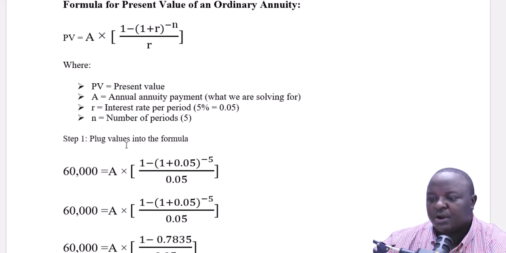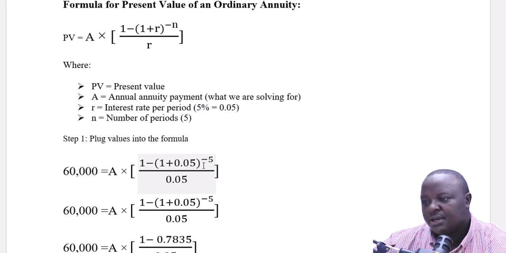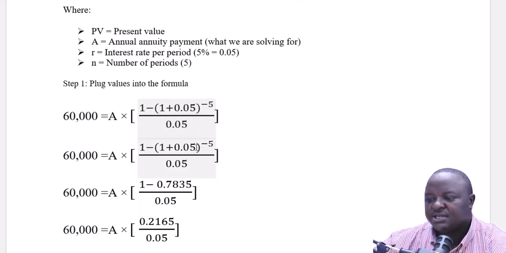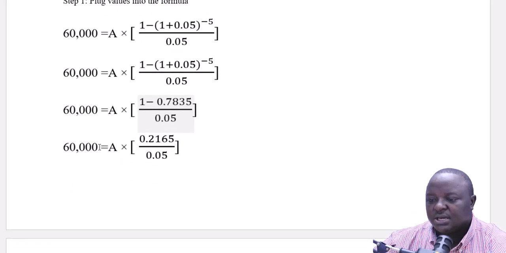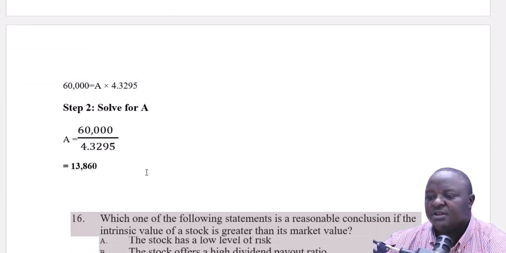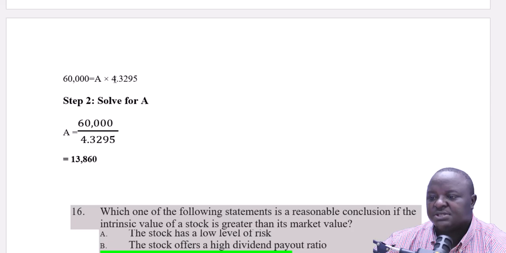So we go step by step, plugging the values into the formula. The present value is 60,000 equals A times 1 minus 1.05 raised to the power negative 5, divided by 0.05. Let's do this calculation here. You will get 0.7835. We continue and apply the formula: 1 minus 0.7835 gives 0.2165, divided by 0.05. So 60,000 equals A times